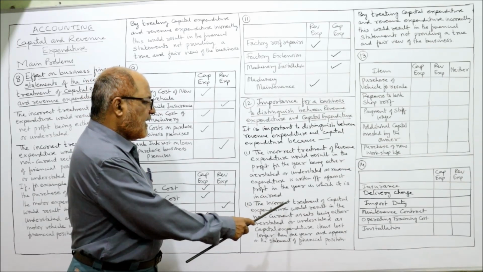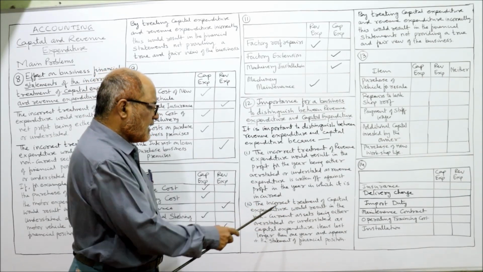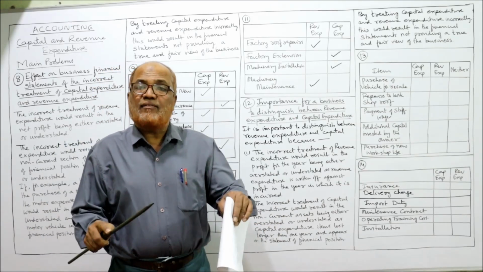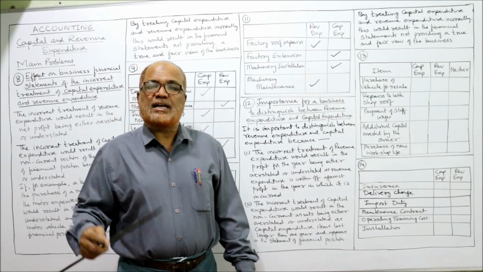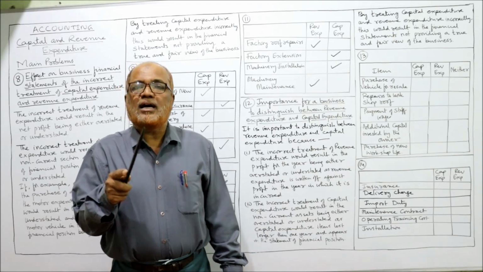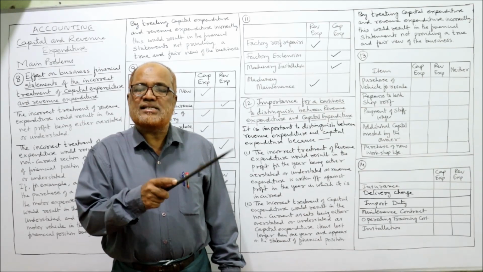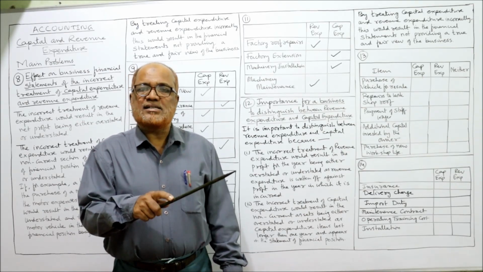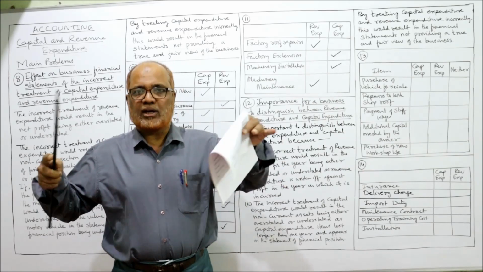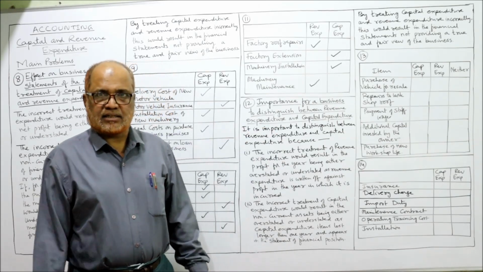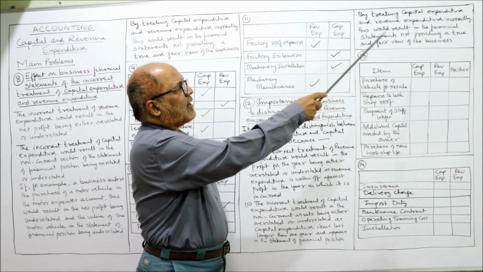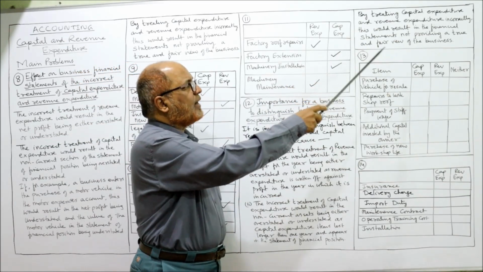Next one, the second one: the incorrect treatment of capital expenditure would result in non-current assets being either overstated or understated. The second effect is, if you make a mistake, not only profit, but also the non-current asset section of the statement of financial position will be either overstated or understated. Then the last one, by treating revenue expenditure incorrectly, this would result in financial statements not providing a true and fair